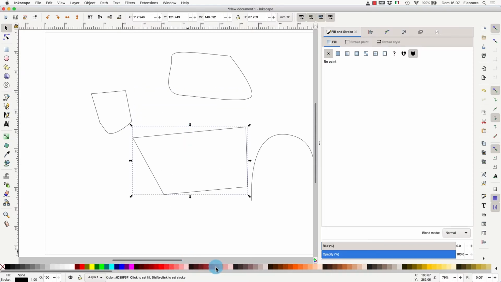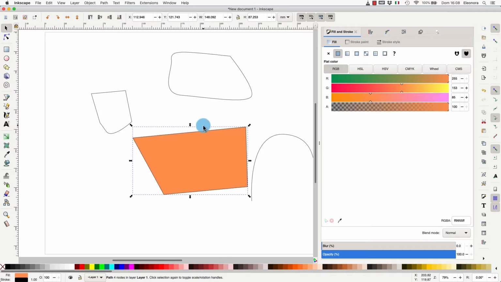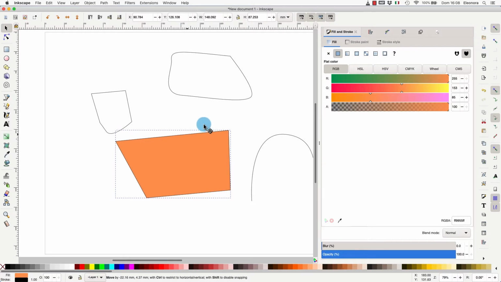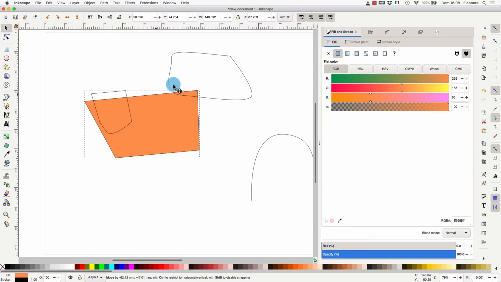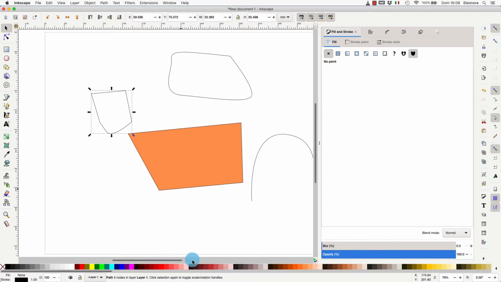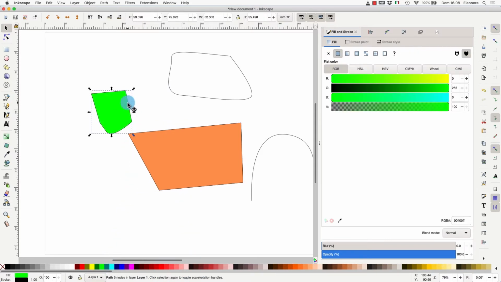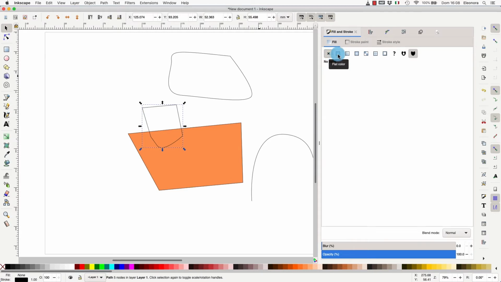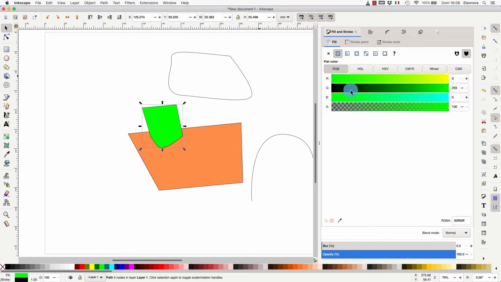I can click on the color palette, and by default it gives me a fill color. So now my shape is no longer transparent because it has a color on the inside. But if I go in the fill and stroke menu, I can have more details about this object. So for example, fill, and here we can see that I have so many options, like no paint, so going back to the beginning,